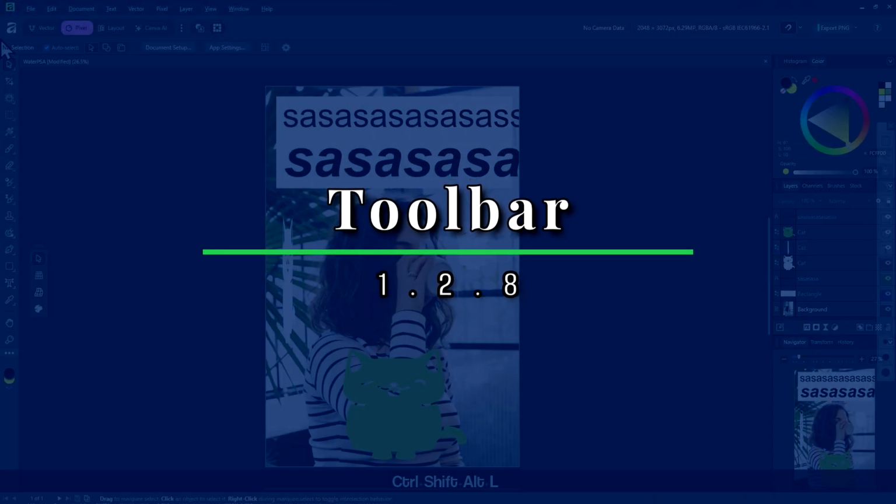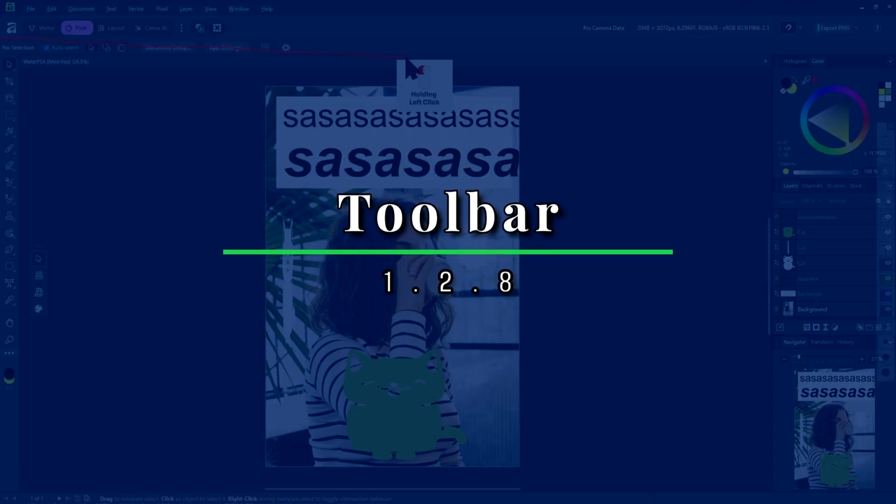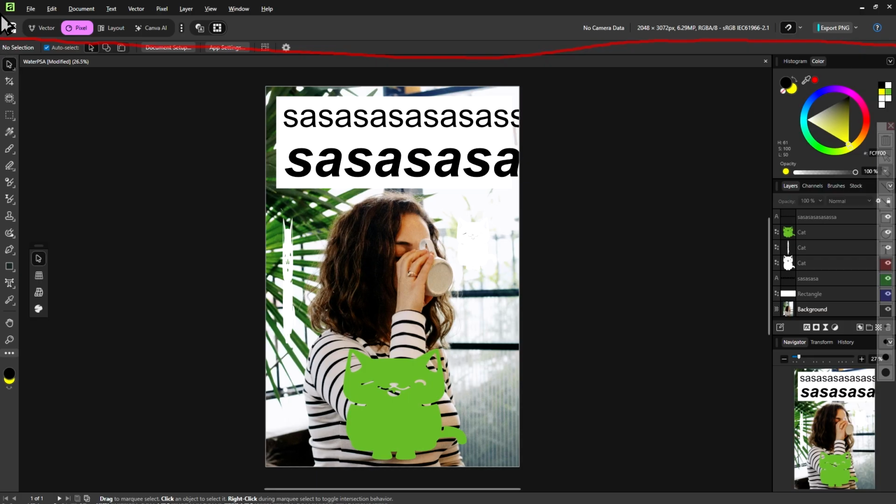Alright, there is this bar just below the menus, and it is called the toolbar. This toolbar here is where you will see the studios that we covered in the last video, like Vector, Pixel, Layout, and it has many purposes.